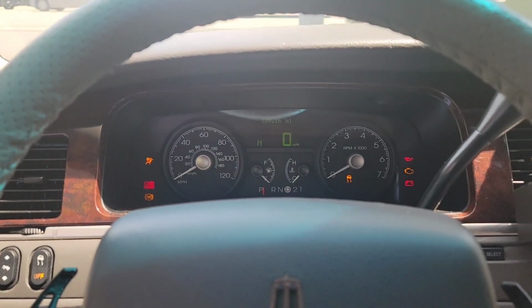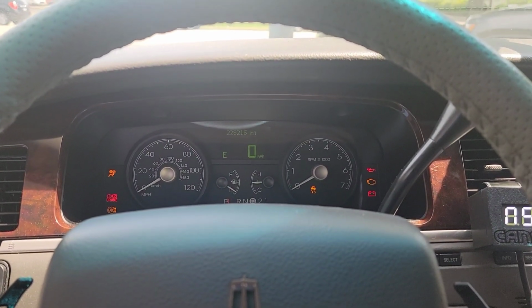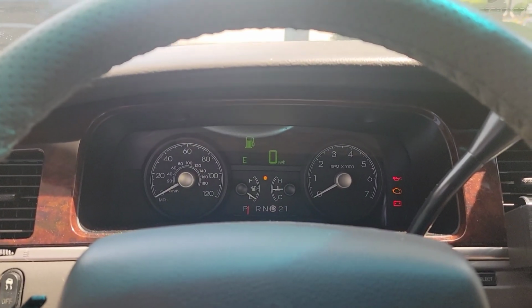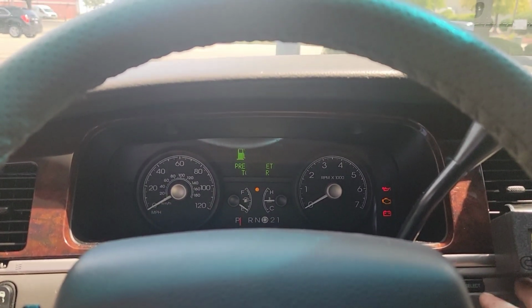All right, so lunch break. I'm gonna go pick up lunch, and we're gonna look. I'm here at the gas station as well to fill up. I put the Wix XP filter in. We wanted to compare Wix XP to K&N to see what it was, and you can see lights on, info,